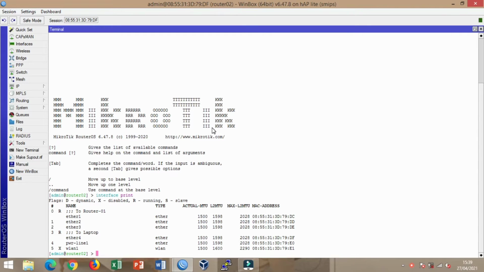We can see here I'm using ether 1 and ether 4 with the symbol R, which means running. Next, we configure the IP address for the two interfaces, namely ether 1 and 4, with the following command: IP address add address